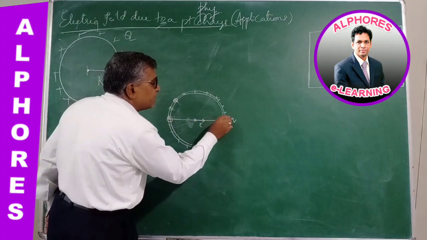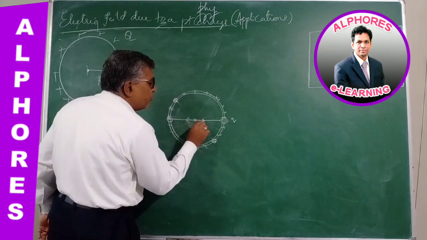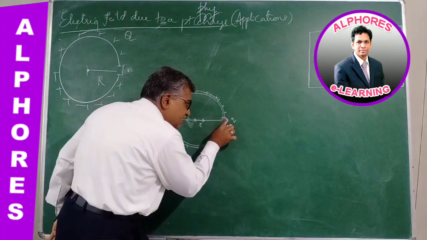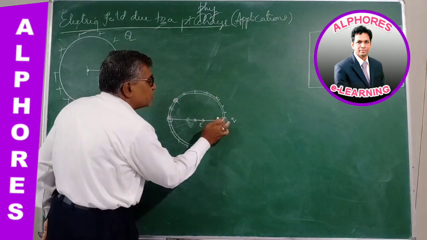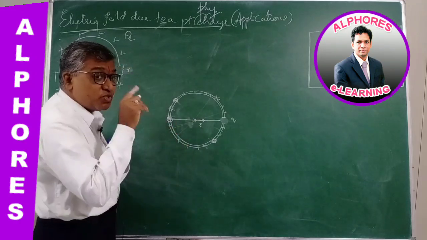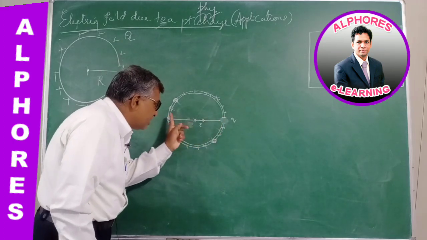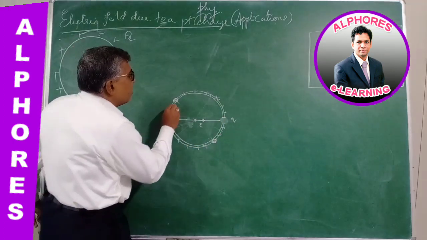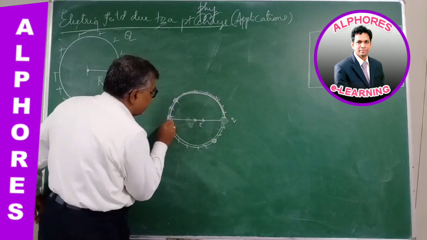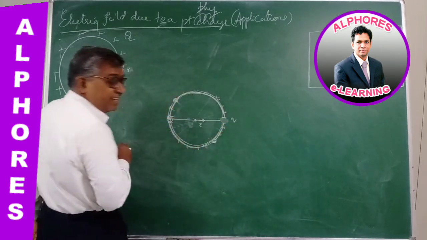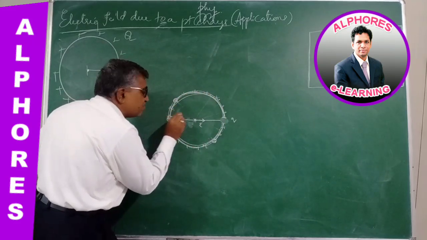Even when this part is also existing, this part is producing a field here and this fellow will produce the same field, both will get cancelled. Now since this part of the charge is not existing, the field due to this is also absent. So an unneutralized field now exists because of the diametrically opposite point. The remaining part of the ring is cancelled symmetrically, so all this will be cancelled except due to this part.